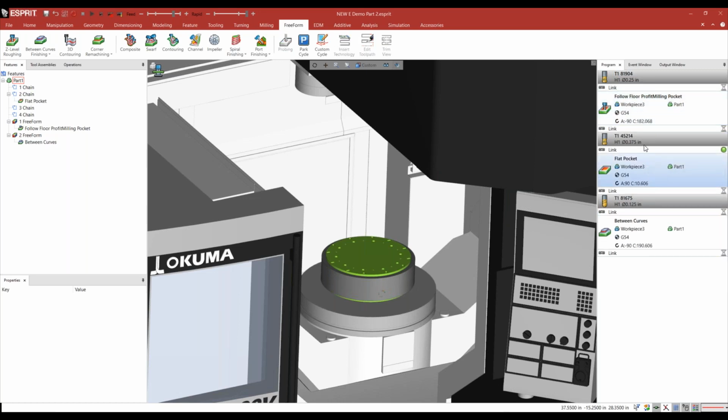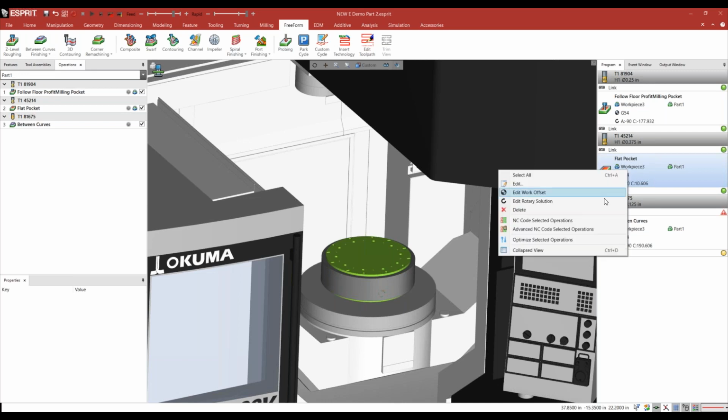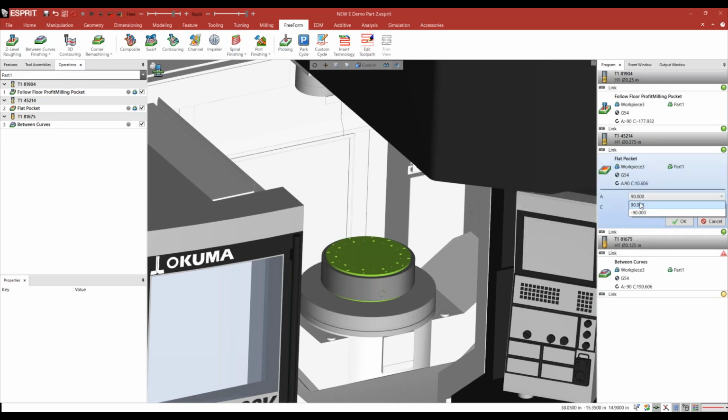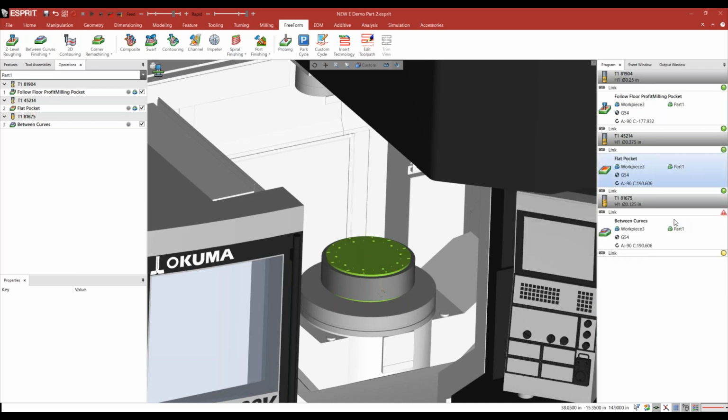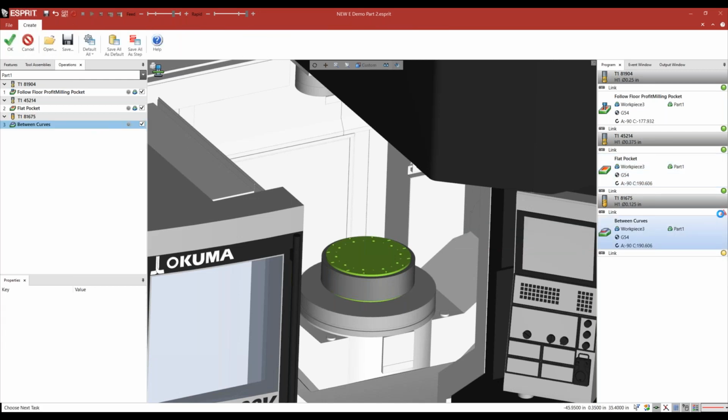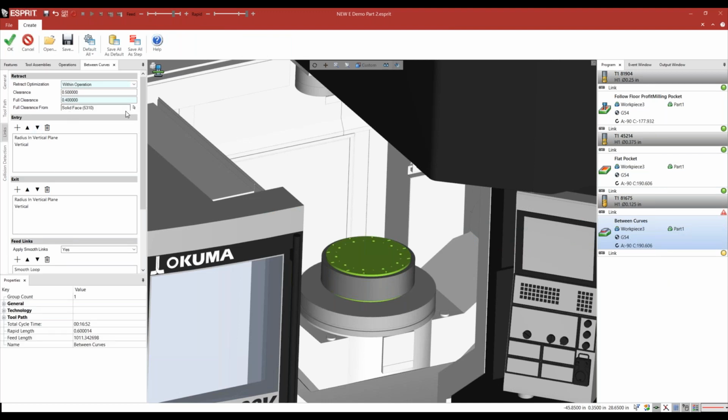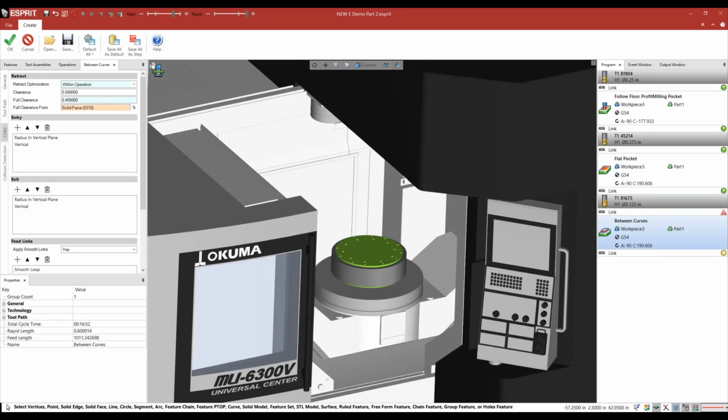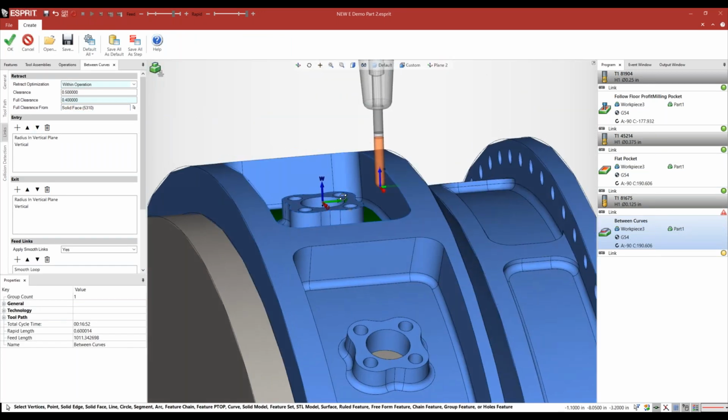I'm going to edit my rotary solution for flat pocket as well. and I see I have a collision on my between curves. So let me try and